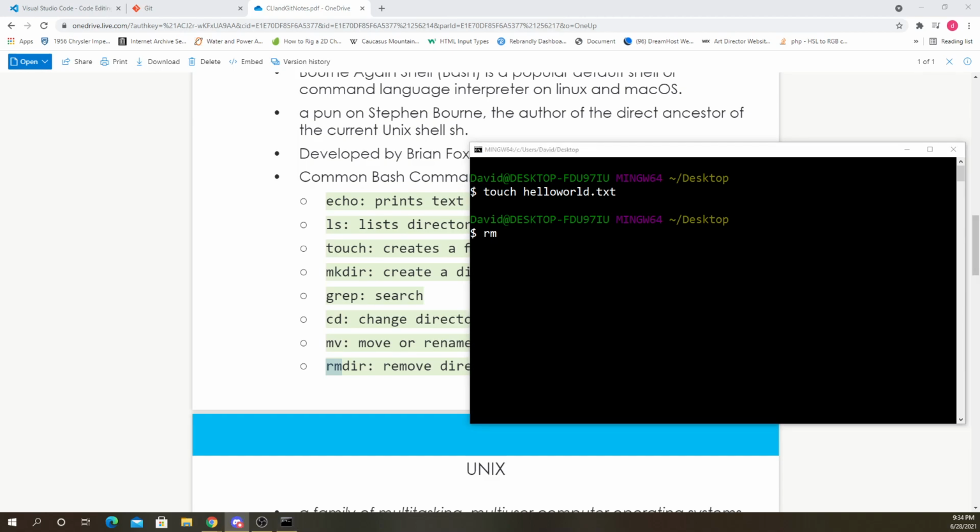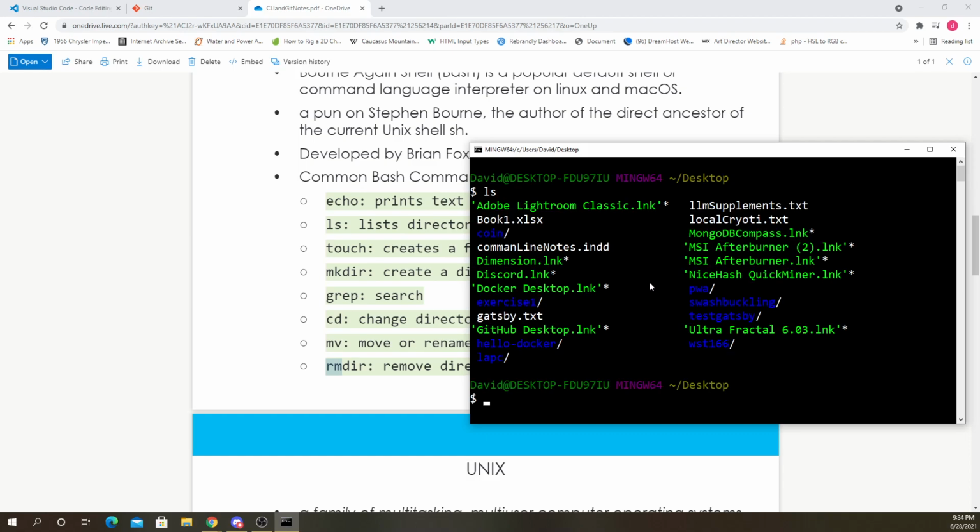I could have it delete all .txt files, but I'll just do it one by one. I'll just remove hello.txt and remove hello world.txt. I'm sure there was a way to remove both of them, like remove anything that starts with hello. Maybe there's a way to do that. I just don't know how to do it right now. But ls, and we can see there's no more hello or hello world here.